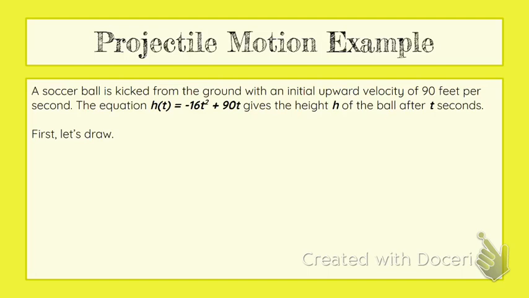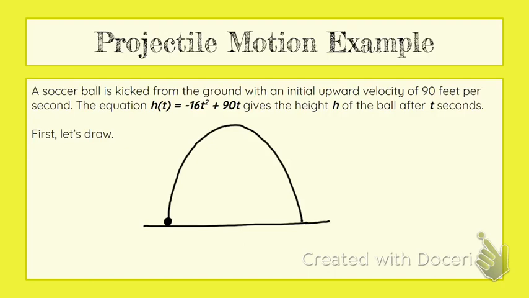So a soccer ball is kicked from the ground. So we have the ground here, and there's our soccer ball. It is kicked up in the air, and then it will come down and land somewhere over here. All right, so